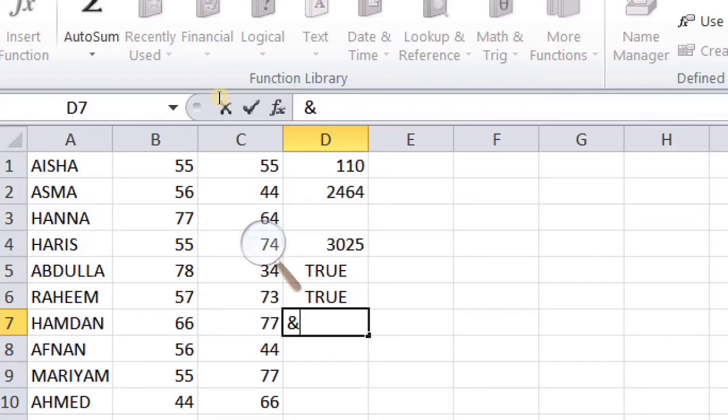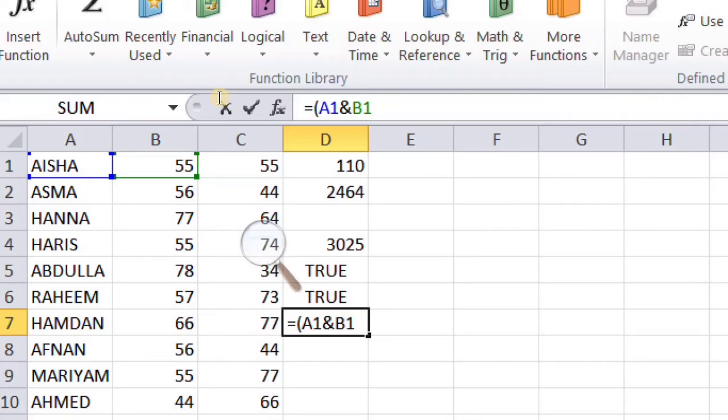Suppose my first text value is in cell A1, which is Aisha. The second text value is in cell A2, which is Asma. I want to connect these two names. How will I do it? In the formula bar, you can write is equal to, bracket open, A1 and B1, bracket close.